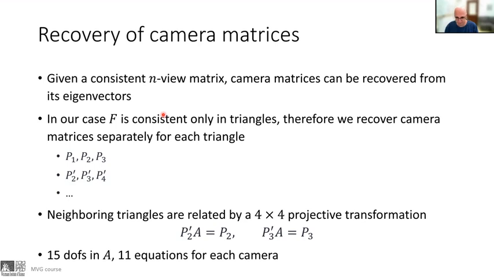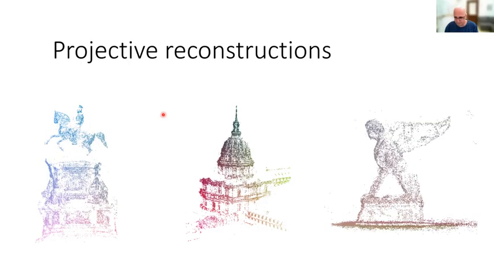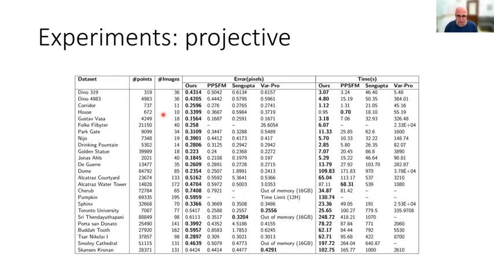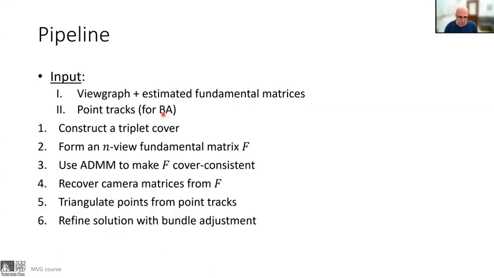It could be difficult to estimate the fundamental matrices if we don't have point matches. You can see the pipeline here. Up to the bundle adjustment, you can do everything without point matches if you have fundamental matrices somehow measured